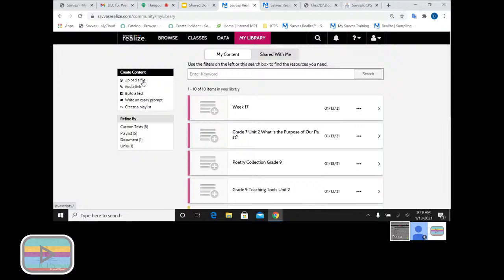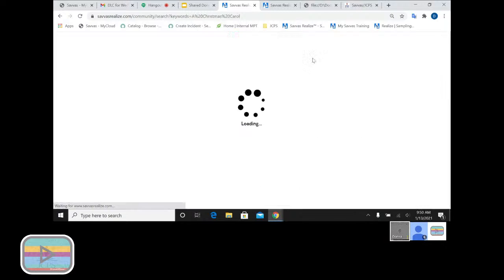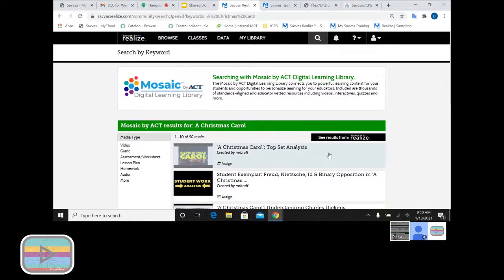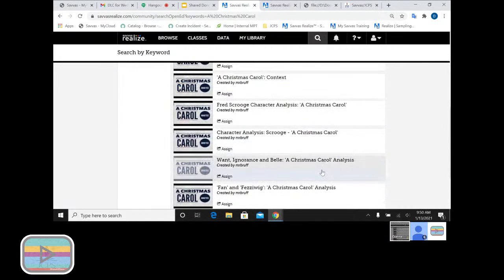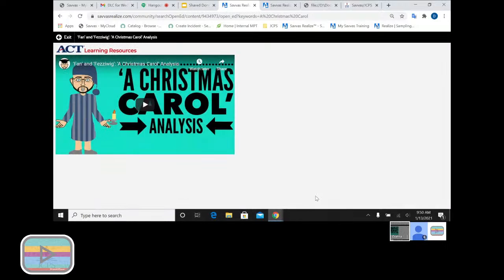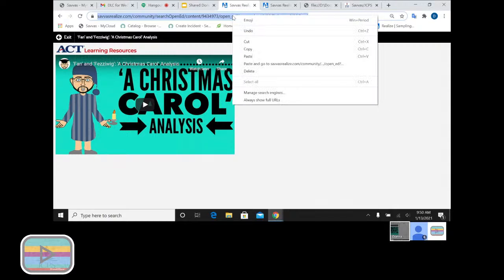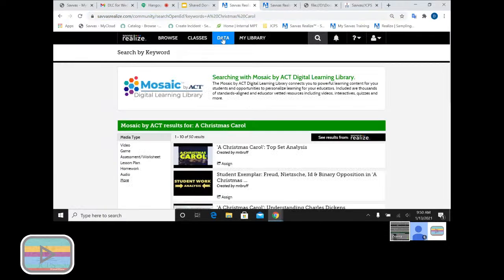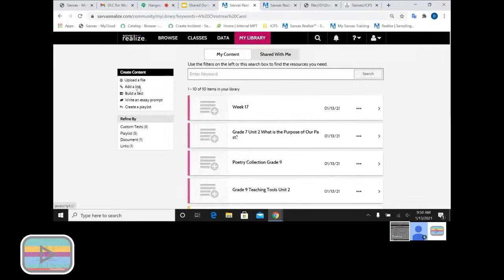Very, very easy to do. To add a link, this is what you need for searching things in Mosaic. So let's go back to that and find that Mr. Bruff video that I liked so much. All you have to do is open it. I wanted this Fan and Fezziwig. I watched it. I think it's great. It's going to be an extra little emphasis for me to use with my students. Simply go to the address, copy it, exit out of this asset, go back to my library, add a link,